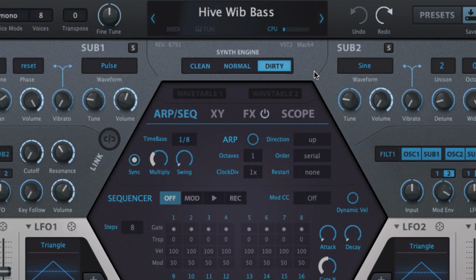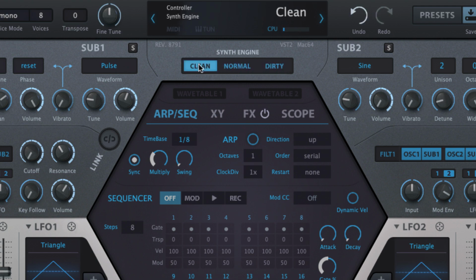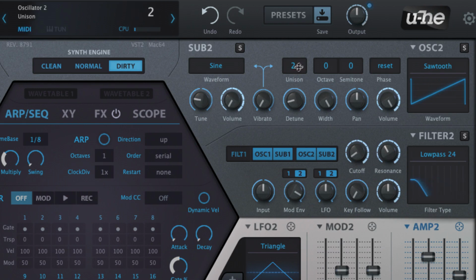Below the data display, and thus not, strictly speaking, part of the control bar, are the synth engine buttons. Descriptively named Normal, Dirty and Clean, these switch Hive between three distinct sonic characters by adjusting various under-the-hood parameters and behaviours, specifically oscillator detune, filter model, envelope attack shape and oversampling. The differences between them should be apparent just by flicking from one to another, but to explore them fully, play with the filter, detune and envelope controls while doing it.